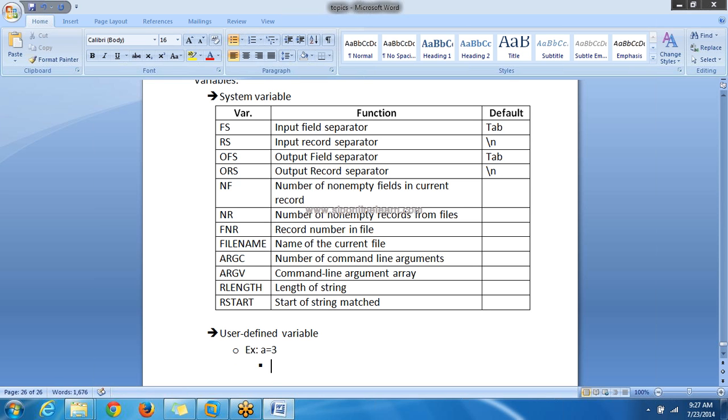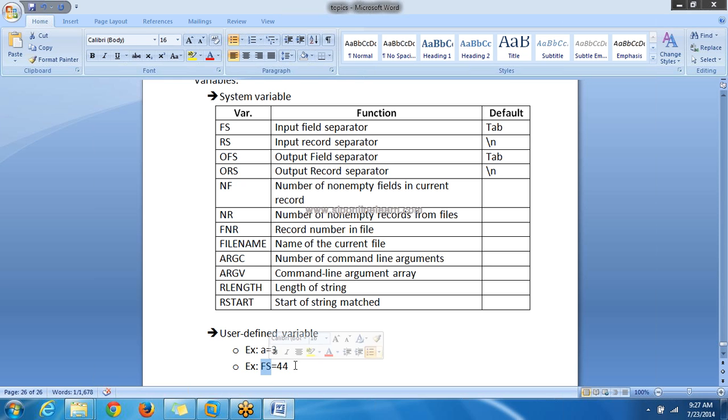And next, while declaring user variables, your variable name can be uppercase or lowercase. It should not be any of these system variables, and it should be a valid variable name. Suppose you declare a variable as FS equals some number. This is an invalid way of declaring a variable in AWK.